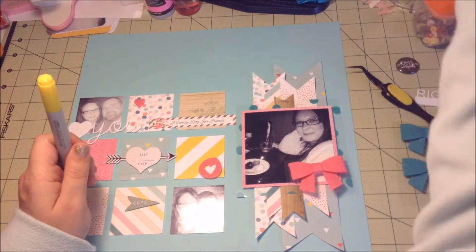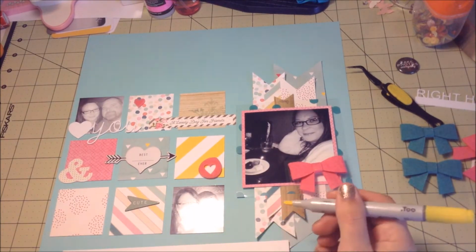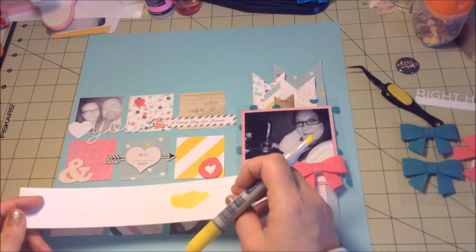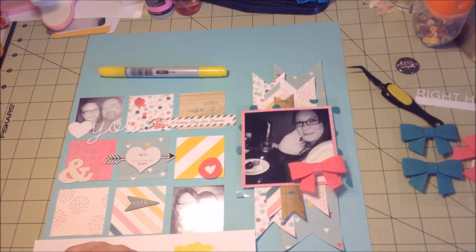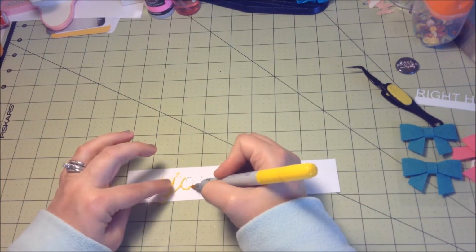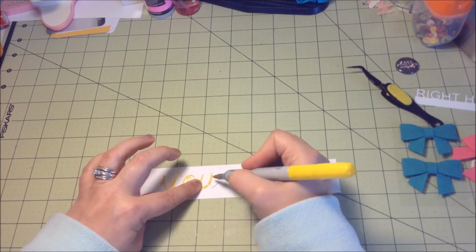So that little die cut that has the heart, I did know that I wanted to color it so it would stand out. And I thought that yellow would be perfect to add to that, just to kind of bring some yellow over to the other side. I picked up my Copic, but that was not the right one that I needed. So I went and I got a Y15, and it's going to be a little bit more on the almost